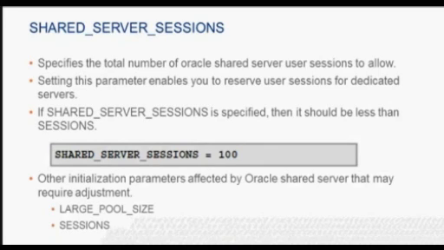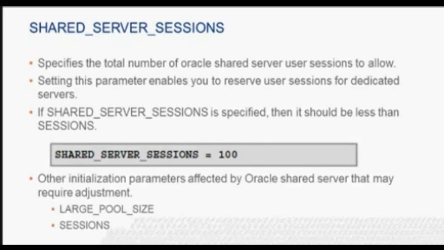Other parameters affected by Oracle shared server that may require adjustments are large_pool_size, which specifies the size in bytes of the large pool allocation heap. Oracle shared server may force the default value to be set too high, causing performance problems or problems starting the database. sessions specifies the maximum number of sessions that can be created in the system, and may need to be adjusted for Oracle shared server. Use the large pool to allocate shared server related user global area, not the shared pool. This is because Oracle uses the shared pool to allocate SGA memory for other purposes such as shared SQL and PL/SQL procedures.